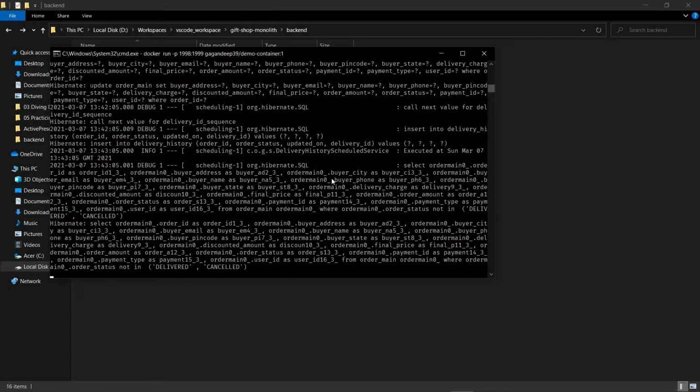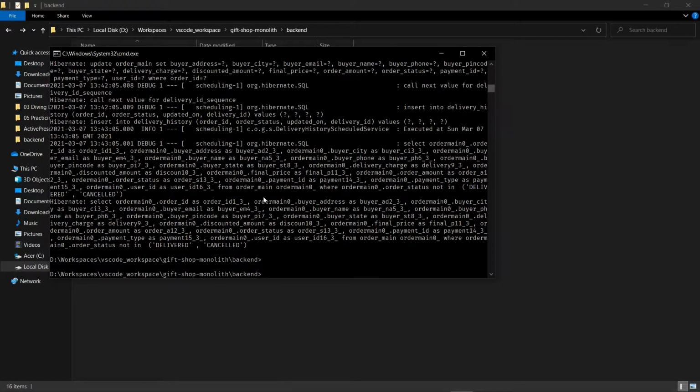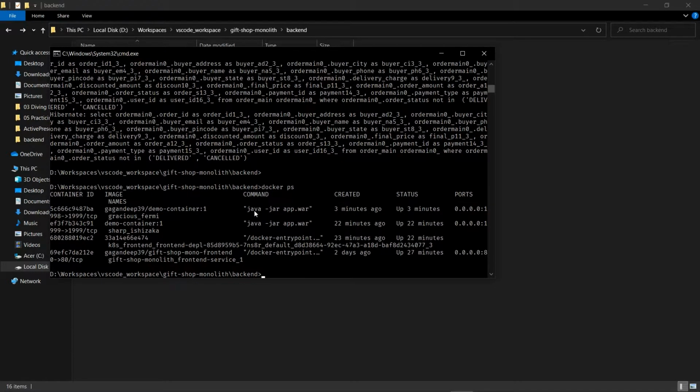Now to stop this image, first I will press Ctrl C to verify if it has properly stopped or not. I will check docker ps. Okay, this is still running. So the command to stop this will be docker stop.